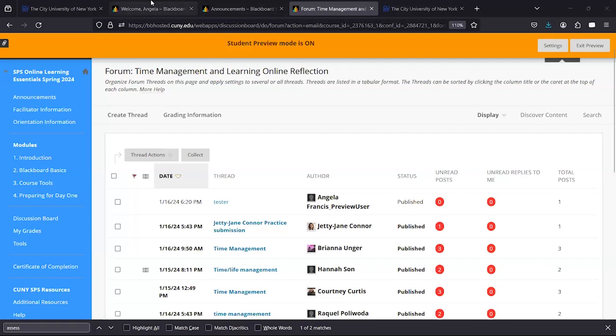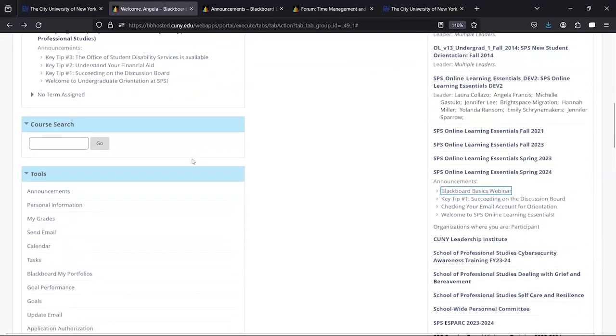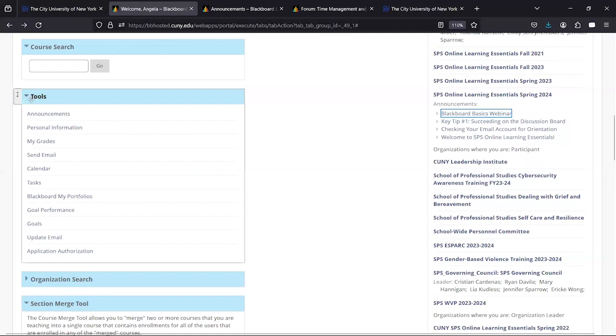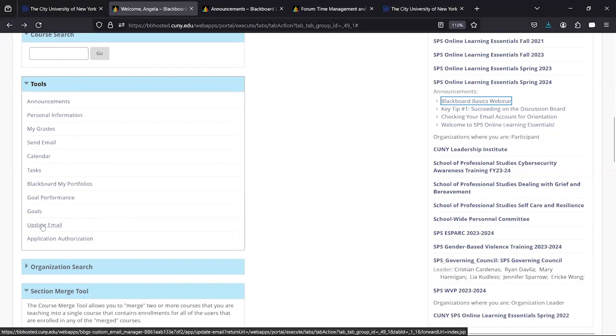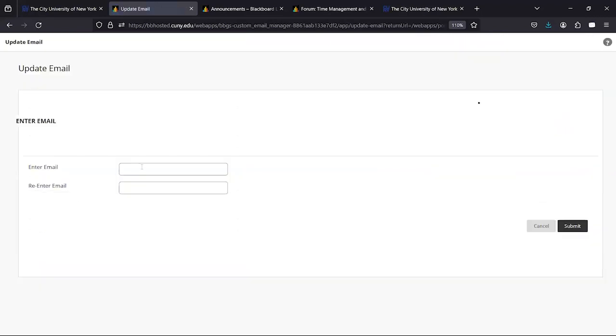But if you're someone who has a couple of different CUNY email addresses and you want to change that, on your home page, if you scroll, you'll see something here, tools, and then there should be an update email button here. So you would just enter the CUNY email you would want it to be sent to and say submit, and it will take care of that for you. You will get an email notifying you both at your previous, so let's say you were using a Lehman College email account and you want to use your SPS one, you would get an email confirming the change both to your Lehman email and your SPS one, just so you knew for sure that that was